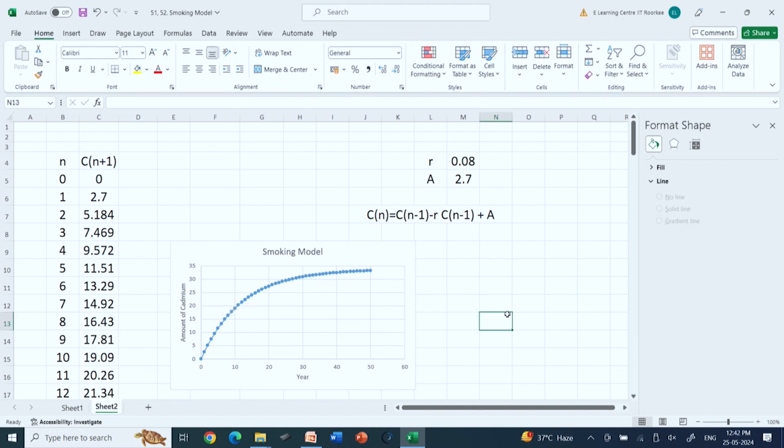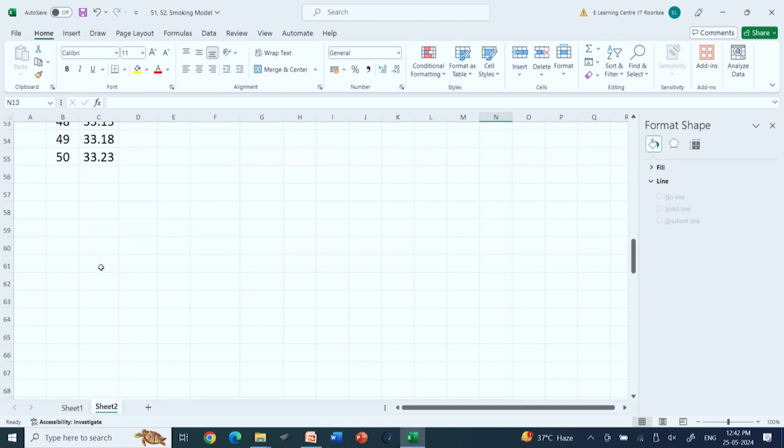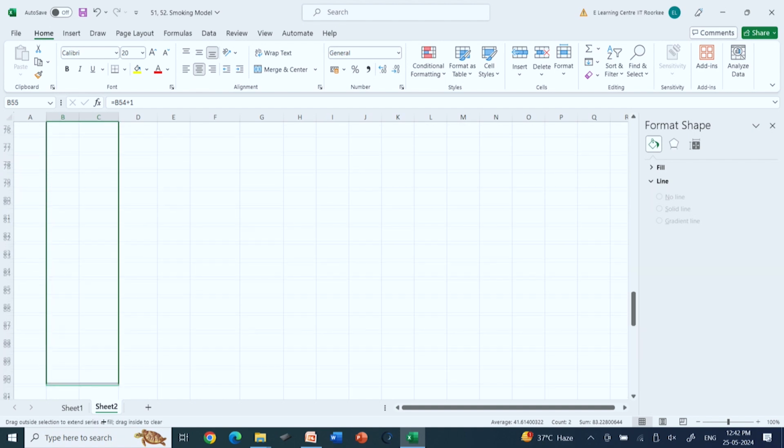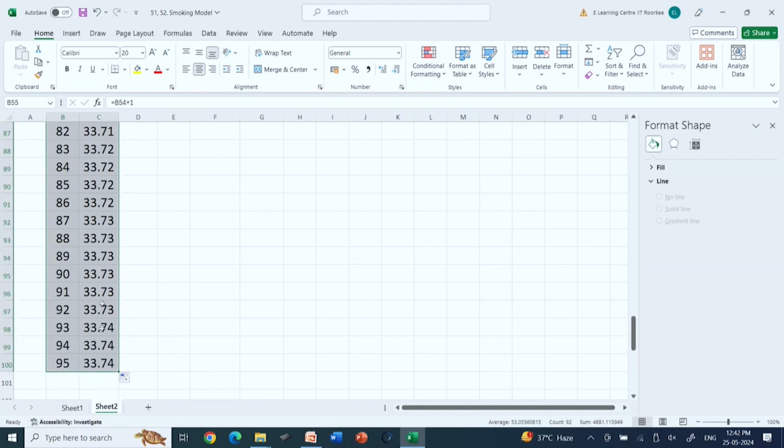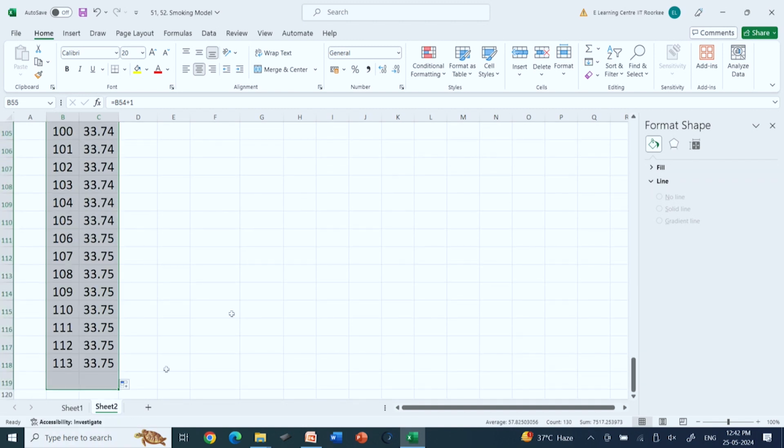So this reaches some steady state value, which I can see as 33 point something, a little more. So if I drag these two a little more, it reaches some 33.75. So 33.75 is the